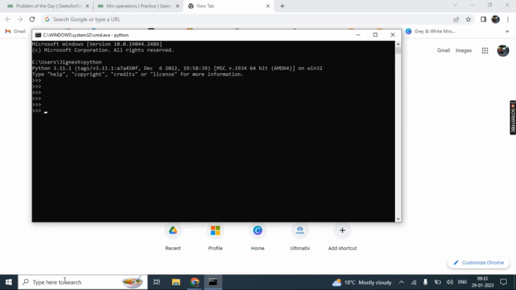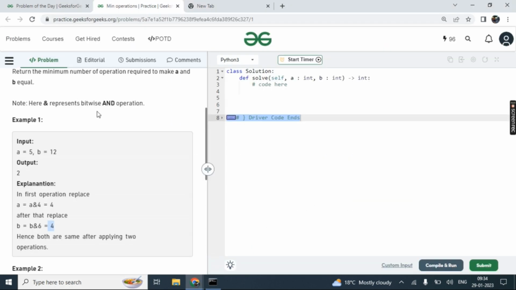If you just say 5 bitwise AND 12, this will give 4. Else 12 bitwise AND 5 will also give 4. So while doing a AND b, you will get the final integer. Here we are not going into which integer we need to apply the bitwise operation with. We just need to get a count.